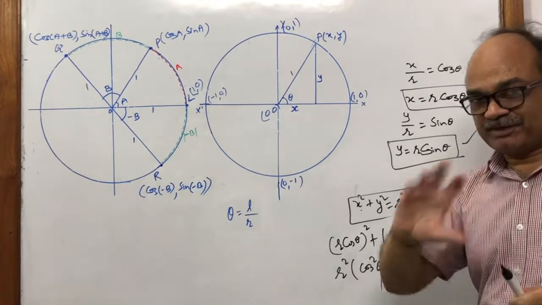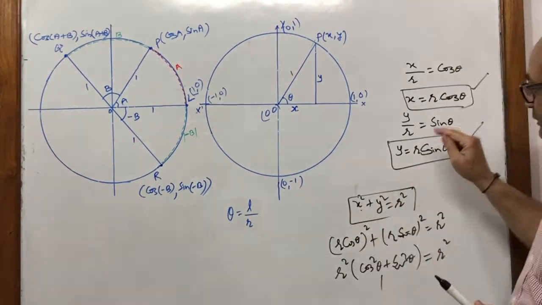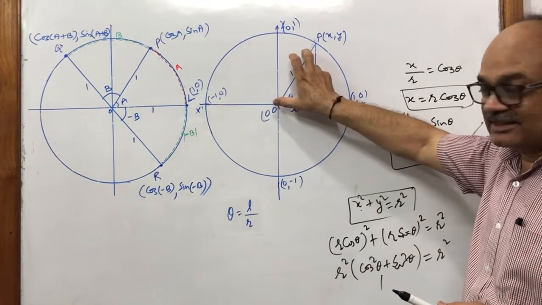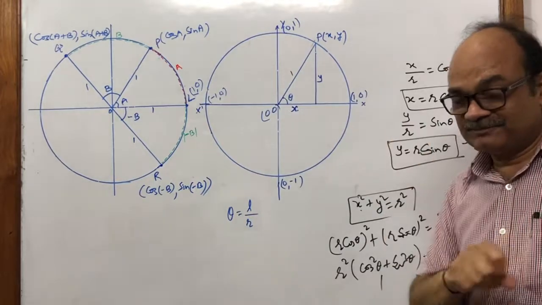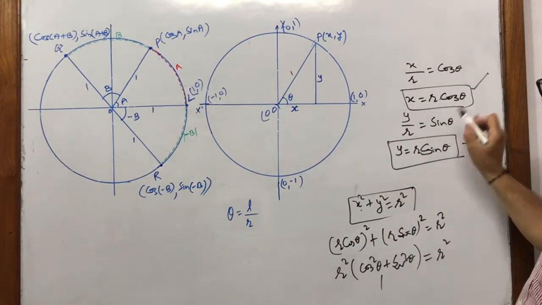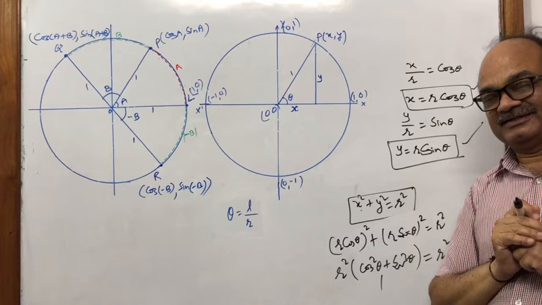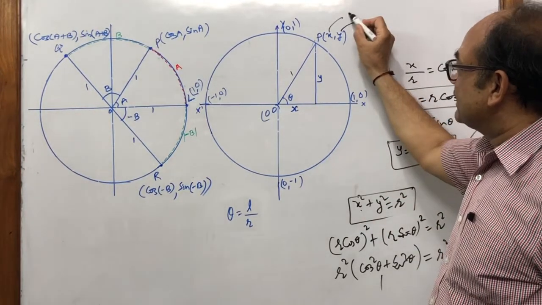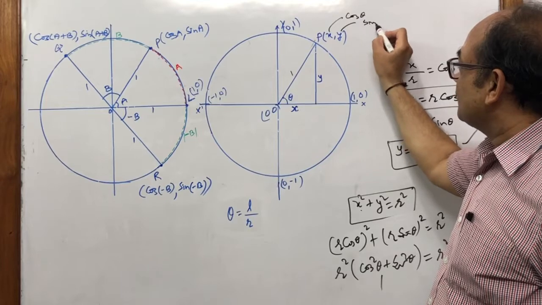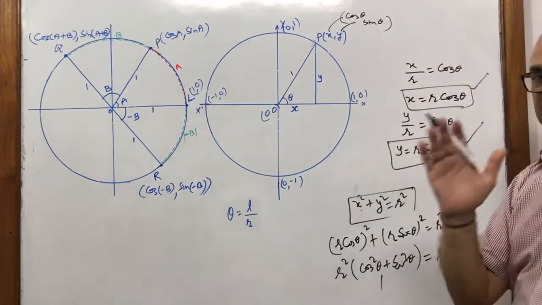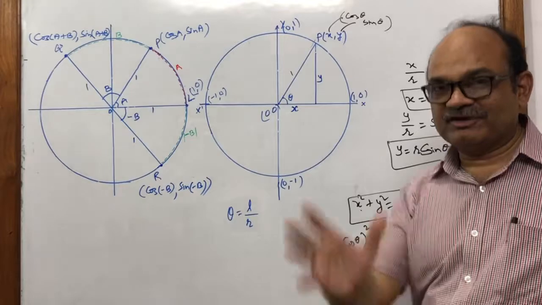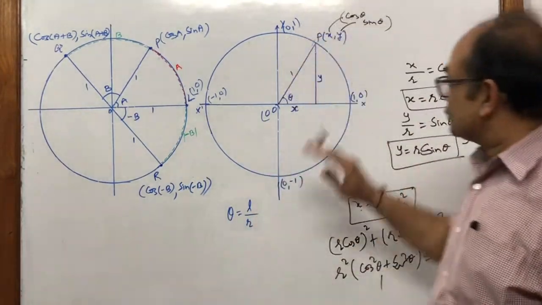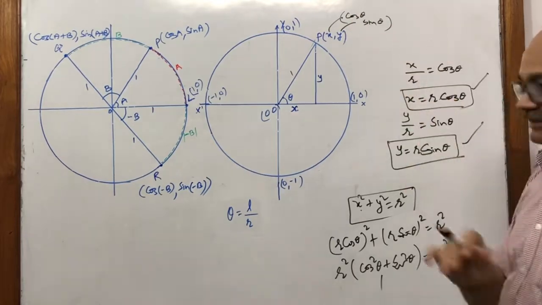Now tell me, today's point where we are coming to. When r equals 1, since we are taking the circle with radius 1, then x is 1 cos theta, y is 1 sin theta. And this is our major point. This x and y is nothing but cos theta, comma sin theta. This is our major point where we want to start today's trigonometry formula of a plus b angles. So important point, this is cos theta and sin theta.